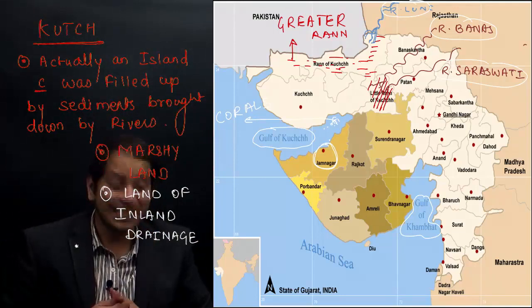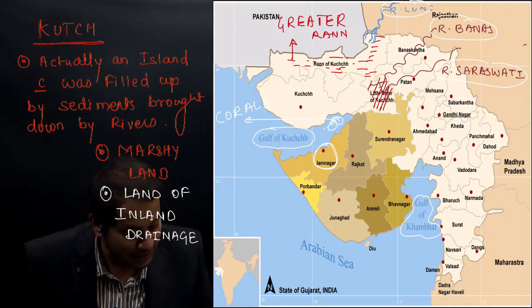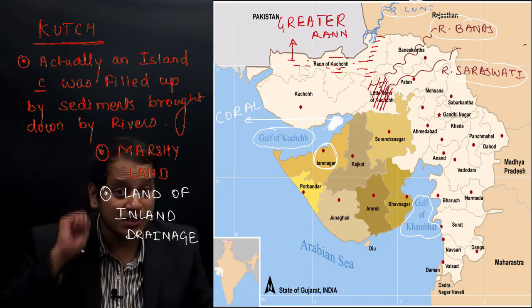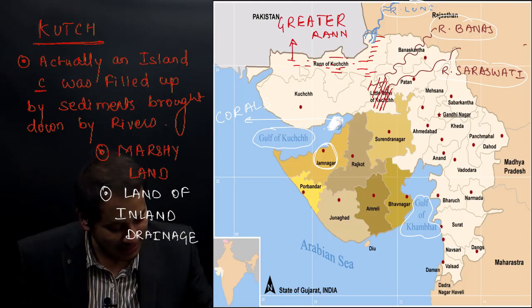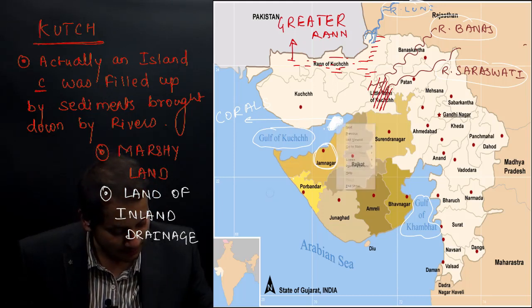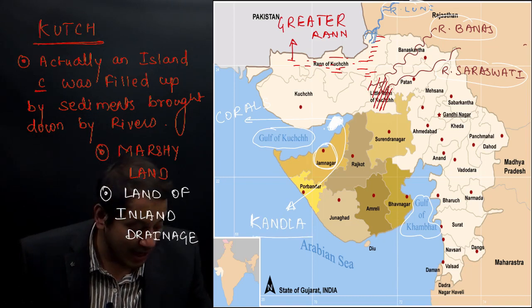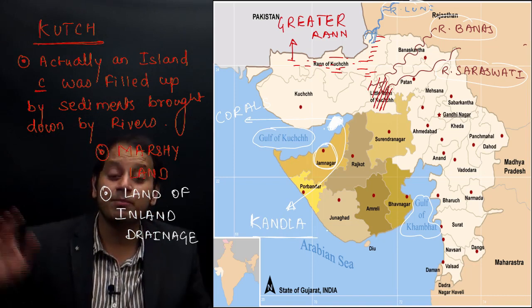What is the other important point? Now let me use again, I am drawing this region. See where I am drawing. You can see I am shading this region here. There were corals around this island. But what is the name of this island? The name of this island here is Kandla. So Kandla is an important port. It is an important shipbreaking port here.